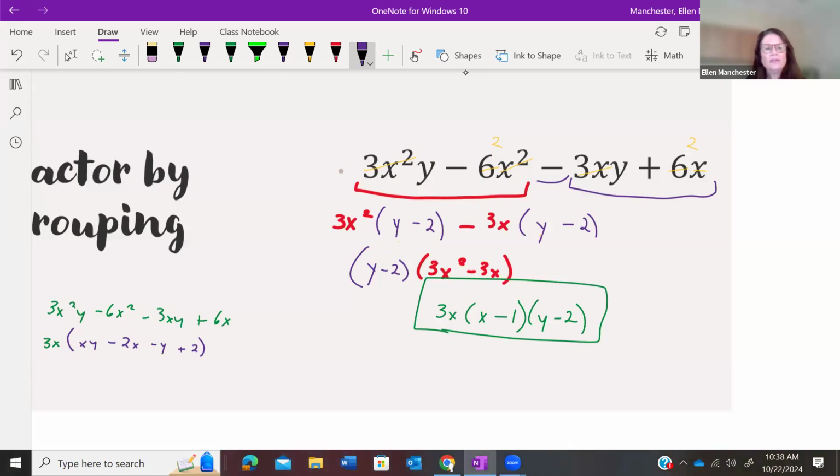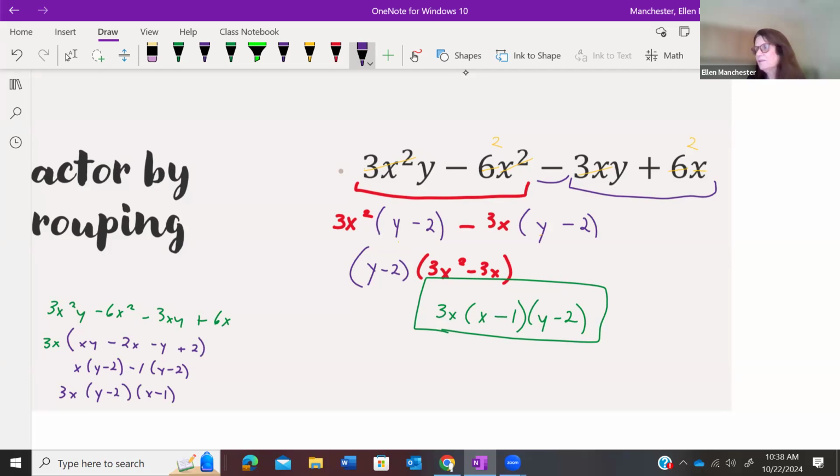Okay, then I can do my factoring by grouping, right? So here I have the x's in common. I have y minus 2 left, minus 1, because that's what's in common between these two, and I have y minus 2 left. So again, I end up with 3x, y minus 2, and x minus 1. So you get the exact same answer